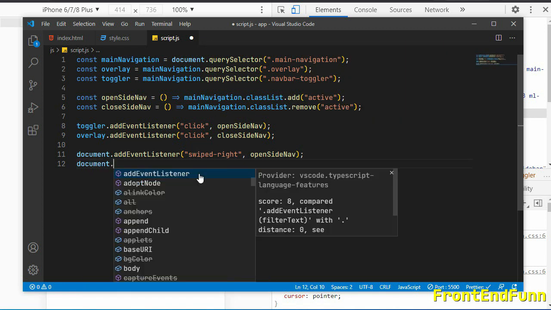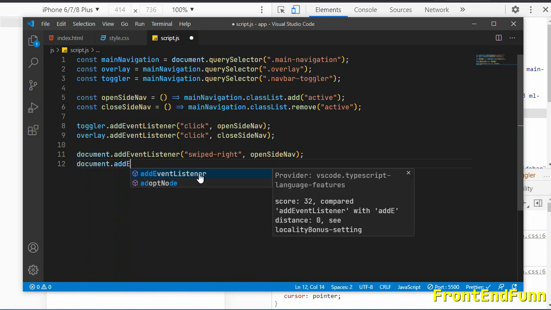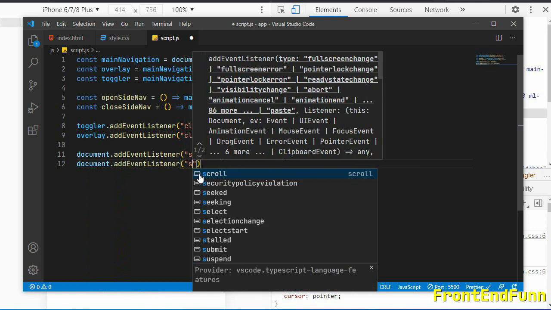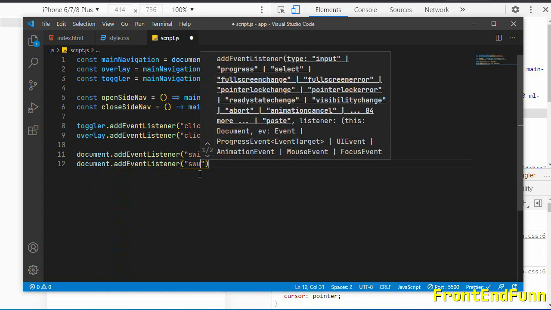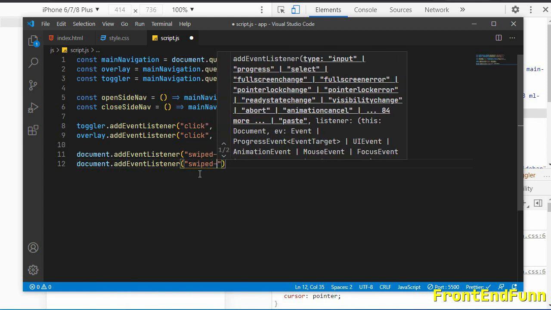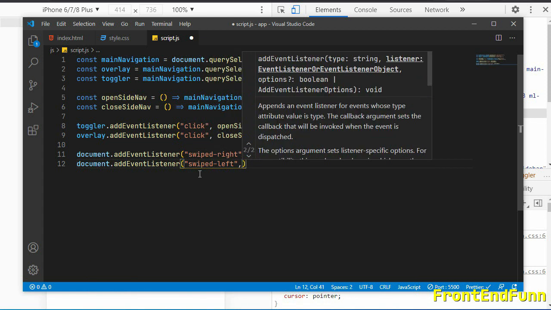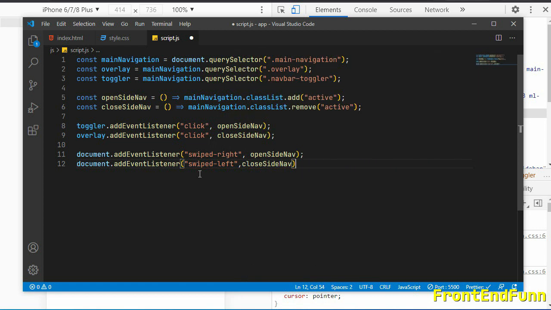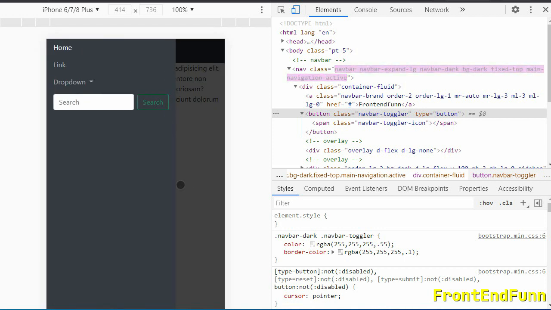Similarly when user swipes left, we'll close the side nav. Swiped-left, so when user swipes left, then close the side nav. Okay, so I'm using swiping here, so I'm just swiping and the active class is added here.